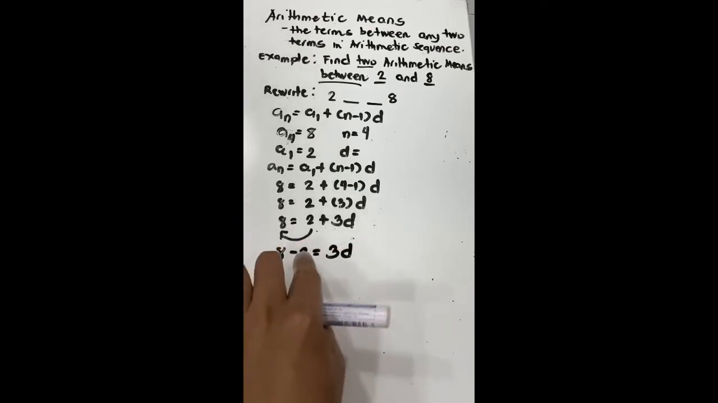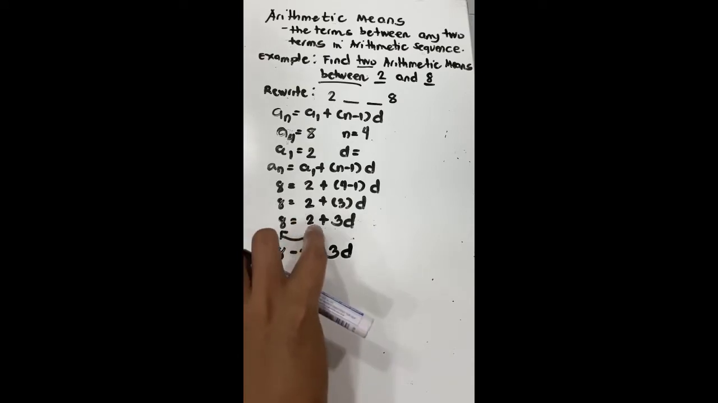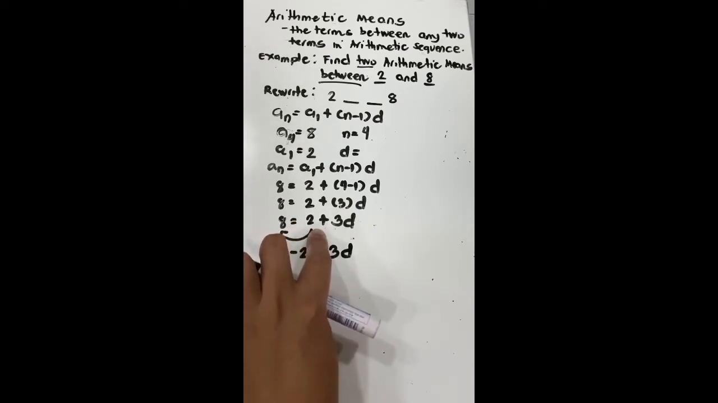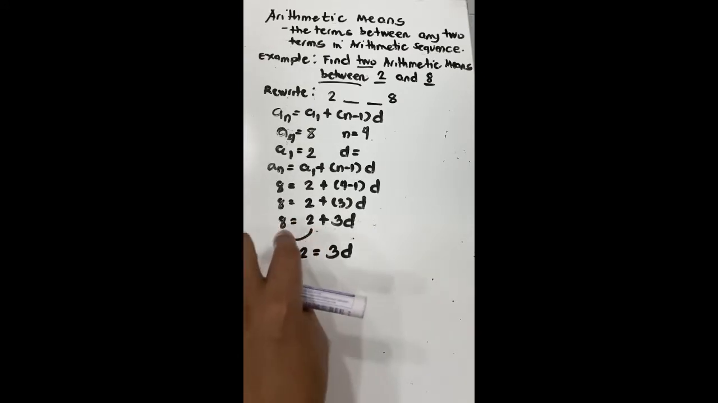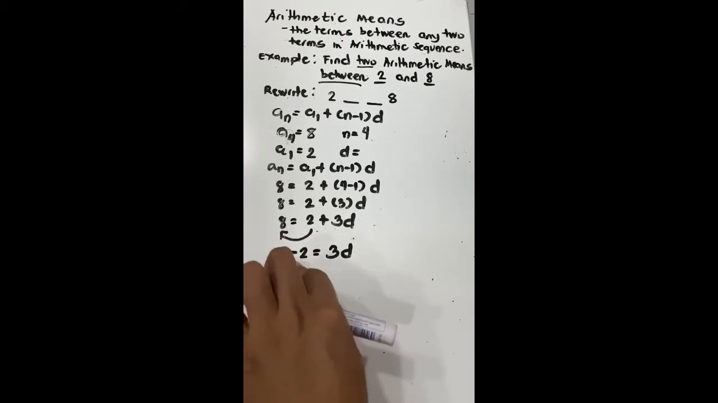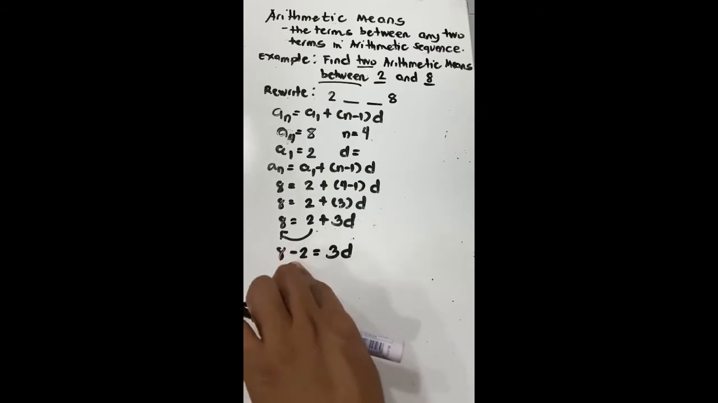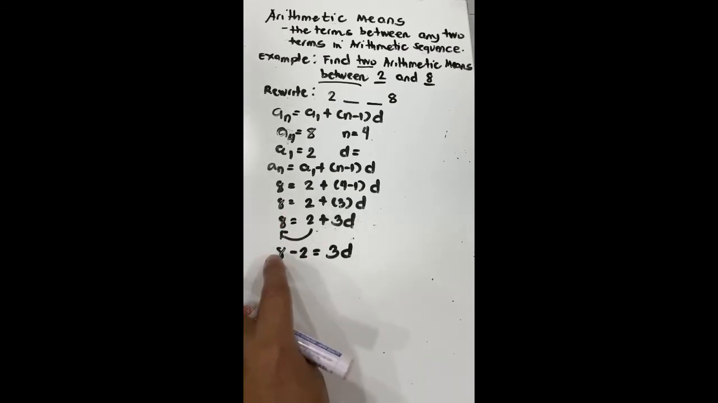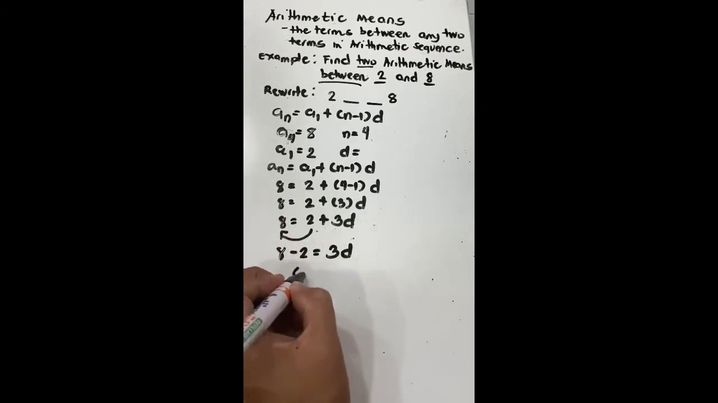So, bakit nagkaroon ng minus dito or subtraction sign? Kasi, from here, positive, kapag tumawid tayo ng equal sign, it will become negative sign. That's why meron tayong minus sign dito or negative sign. So 8 minus 2, that is 6